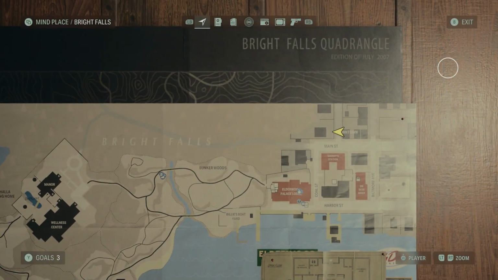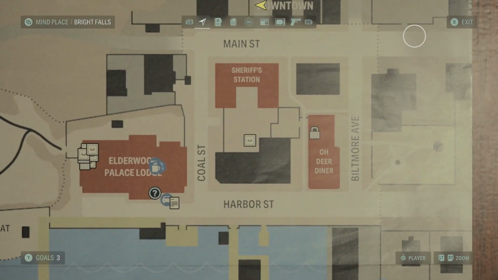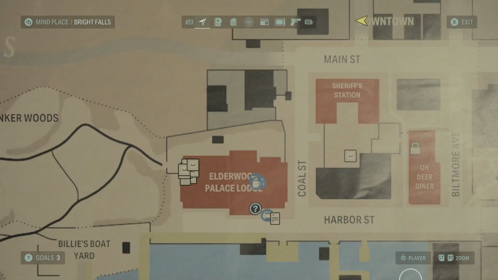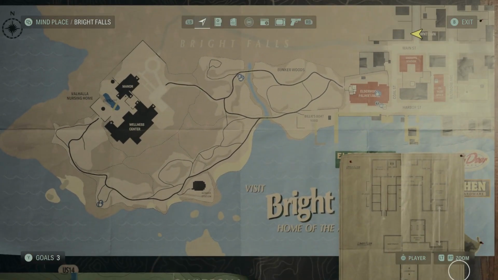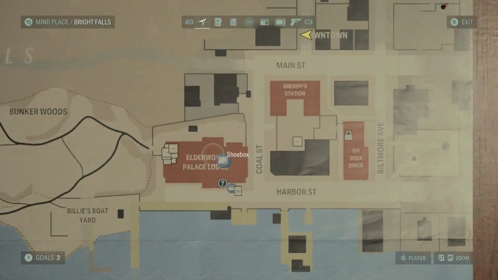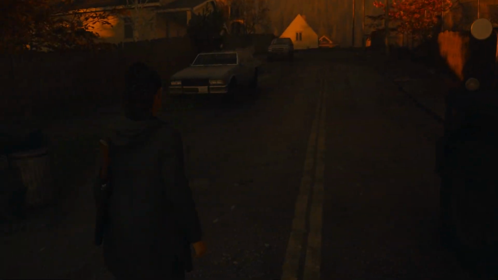Oh, yes, the dotted lines stop there. So this whole part of the town is just painted on. And I guess so is this part over here. Lame. It's kind of crazy to me that I think there's actually less to interact with in Bright Falls than there is in Watery. How odd. Oh, well,